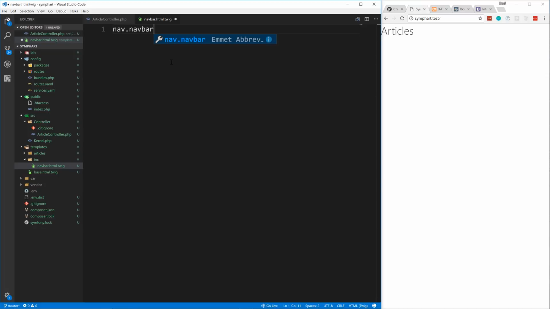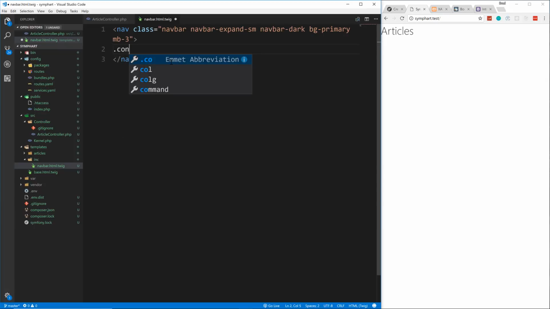So it'll have a class of navbar. We'll say navbar-expand-sm, navbar-dark, and let's do bg-primary, and let's do mb-3, which is just a margin bottom class. Okay, so inside here, let's put a container,